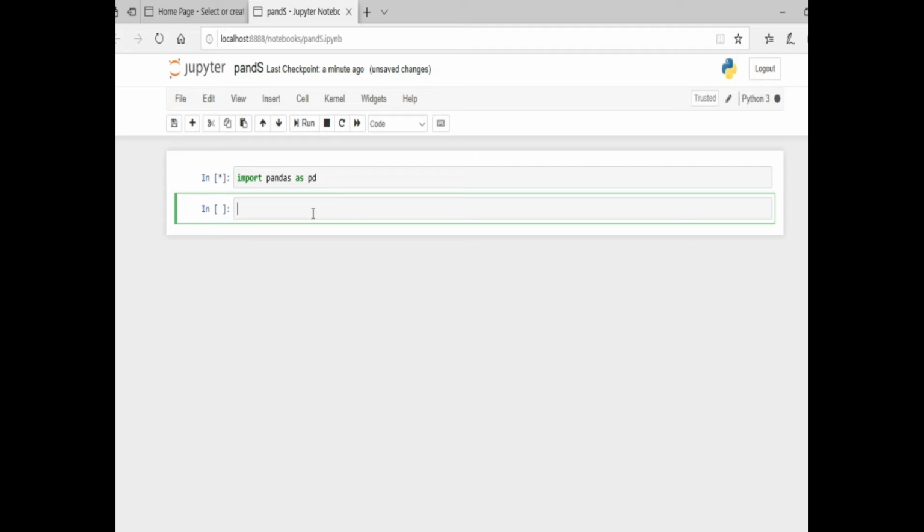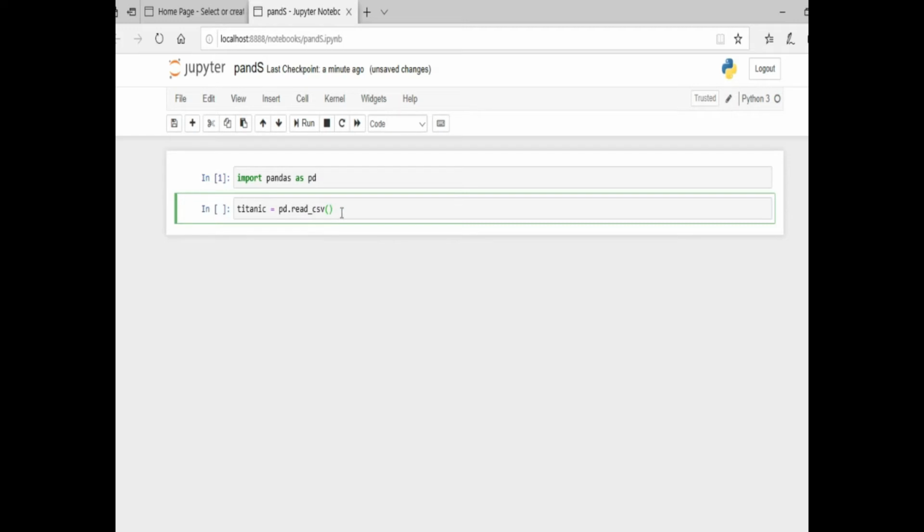First I will show you how you can load your CSV data file. Here I'm using the Titanic dataset. So we will use pd.read_csv.